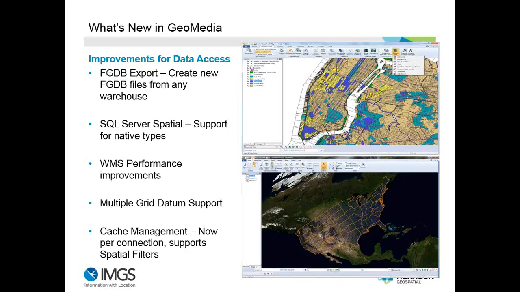So if you have your data in your central SQL Server or Oracle or Access database, and you want to do a data export to Esri file geodatabase, that's now been added to the export to list, and you can dump the data out there. And we've also always supported SQL Server and SQL Server Spatial, 2008, 2012. We now also have support for the native type